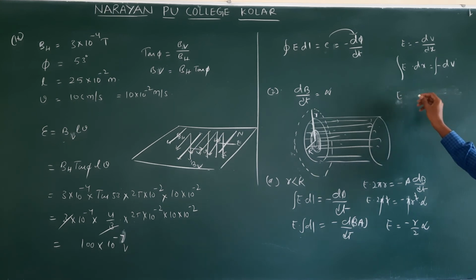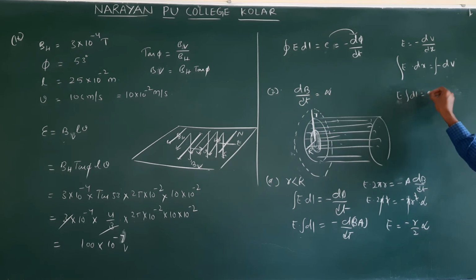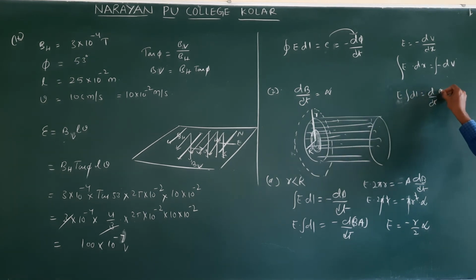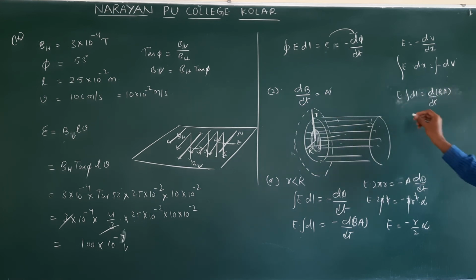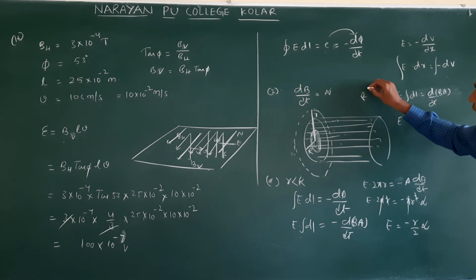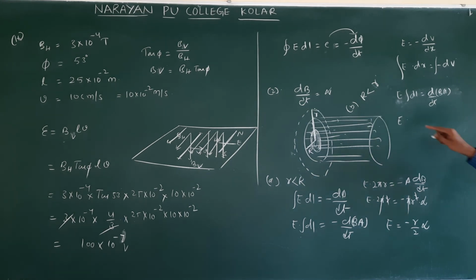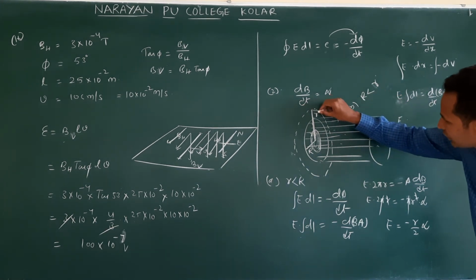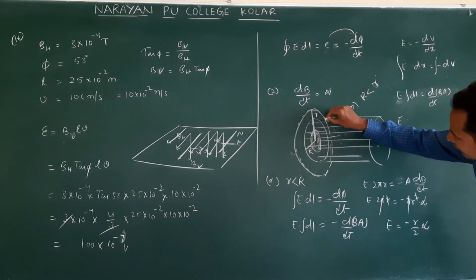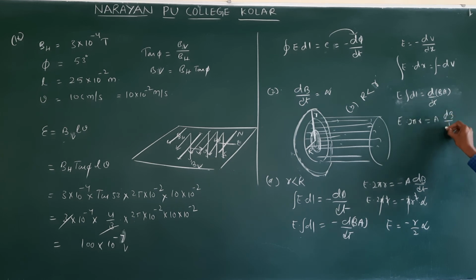So E integral dl is equal to d by dt of BA. Right? dl for what? This one. This point, they know r is less than small r. This is question B, now less than R. So this integration, integral means we are adding. Integral dl means adding of length. So this is 2 pi r. This we can write as A into dB by dt.